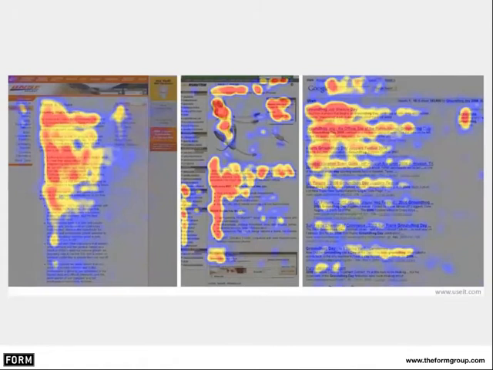This is how people read. You can see that the most important piece of real estate really is at the top, at the left, right? In English, we read from left to right, from top to bottom. So this makes sense. So we can see here that people are starting at the top left